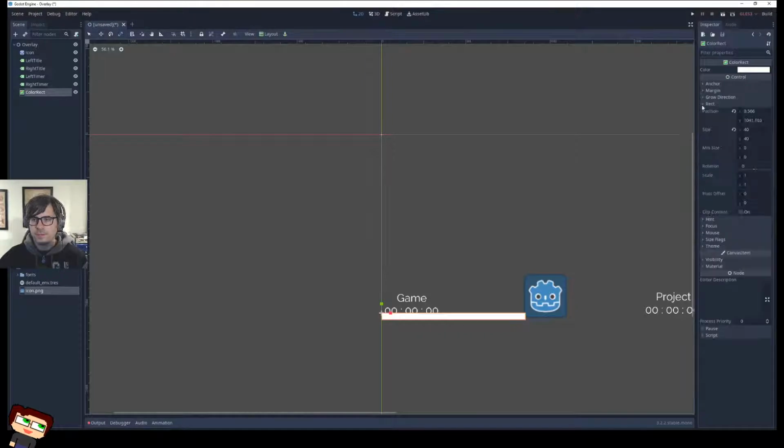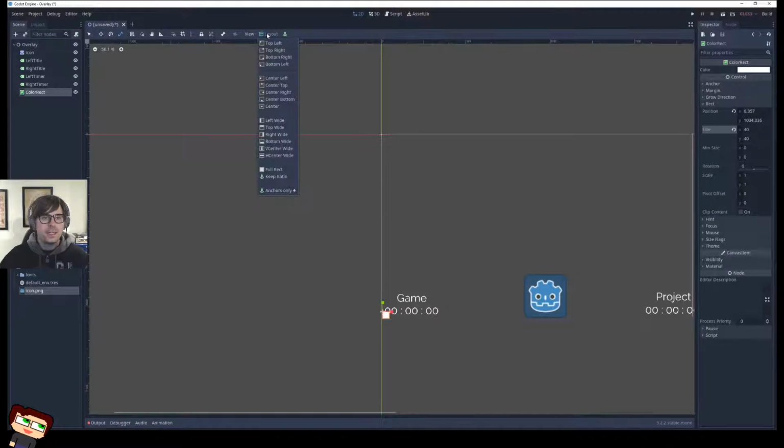Here, actually, rect. 1920. Oh, no, that's position. Oh, did I muck up the scale? No. Why is it so fiddly? Let's just Control-Z this. There we go. Layout.